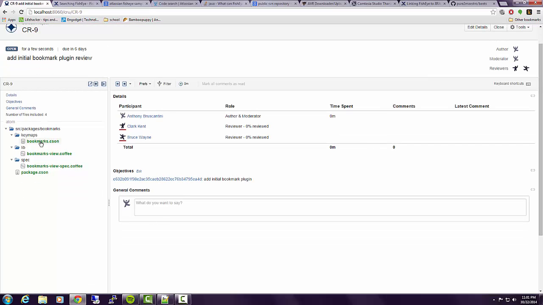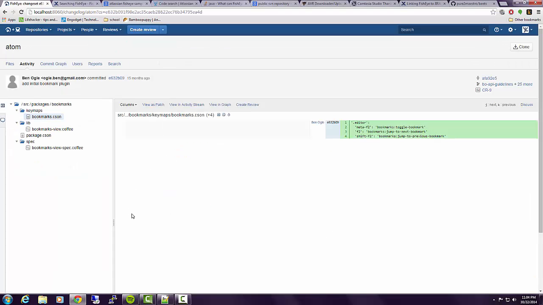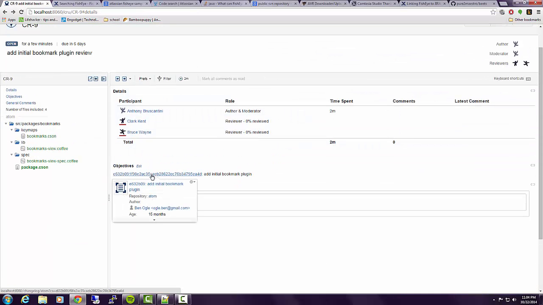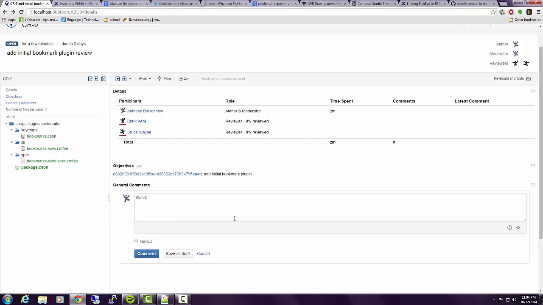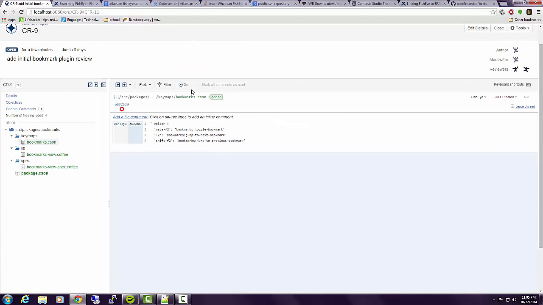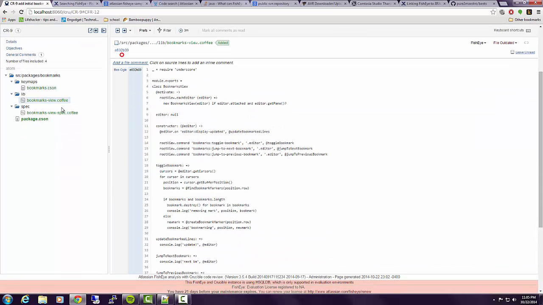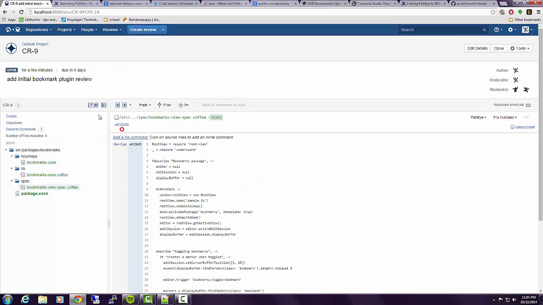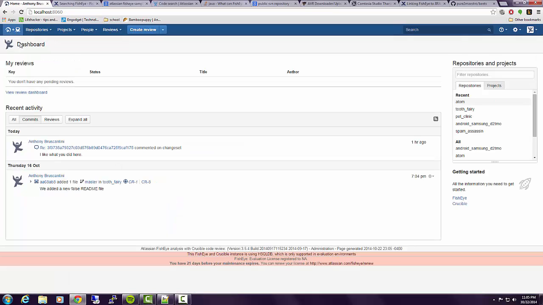And we're here in the review, and we can see he changed a couple files here. So this change was made by Ben. Looking at this review here, we can see that this change was made by Ben, and we can say good job, Ben. Whatever. Okay, and we can see all the files that were changed here. You can see this file was actually added. So was this one, and so was this one. If I go back,